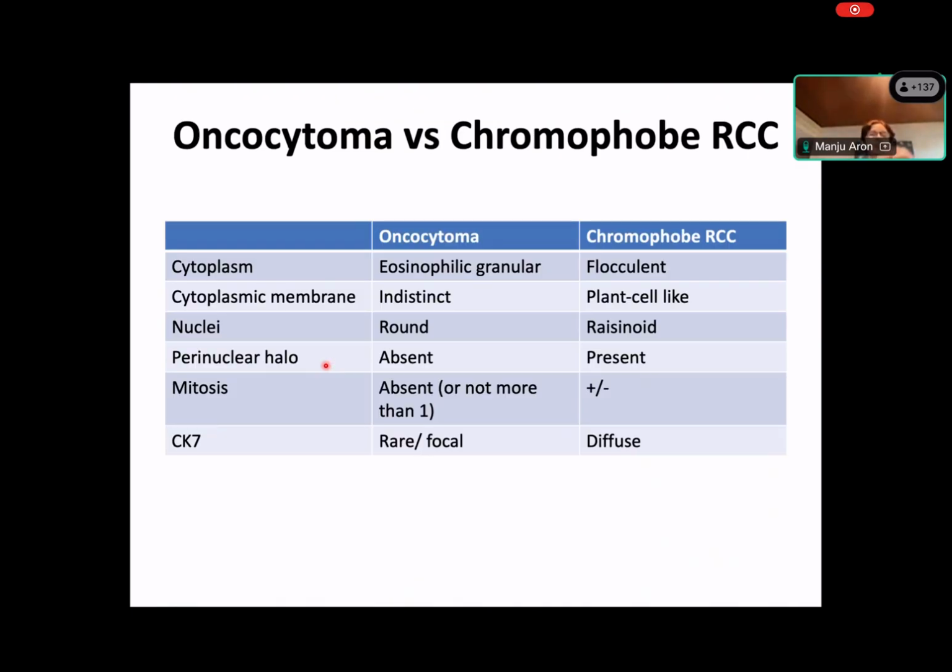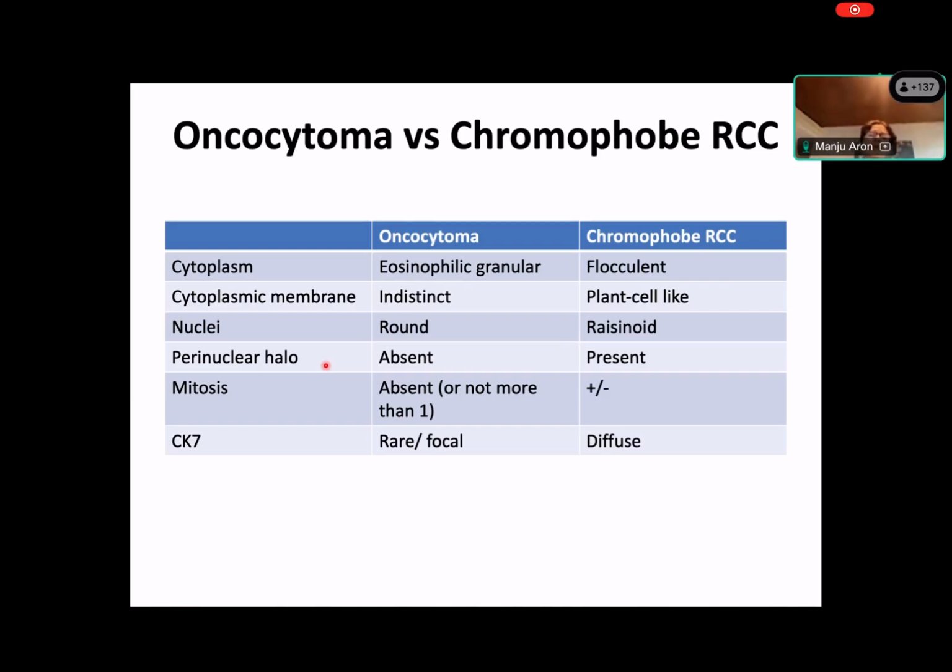So here's just a small table to show you the difference between these tumors. Both oncocytoma and chromophobe RCCs, especially the eosinophilic chromophobe RCCs, can have pink cytoplasm, but there's a difference in the characteristic features of the cytoplasm as is listed here. Cytoplasmic membranes, again, indistinct in oncocytoma, very prominent in chromophobe RCCs, and the nuclei. That is really, really important to distinguish oncocytoma from chromophobe. Now, the stains, they're positive both for CD117. They are usually negative for CK7 in oncocytoma, or you may see rare scattered CK7 positive cells. Chromophobe RCCs are diffusely positive for CK7. So CK7 is a good stain to distinguish the two of them.